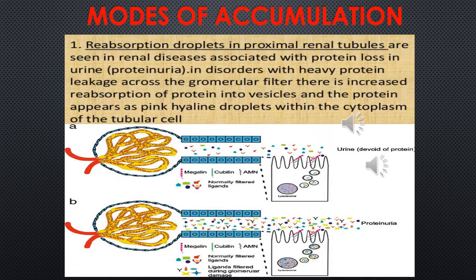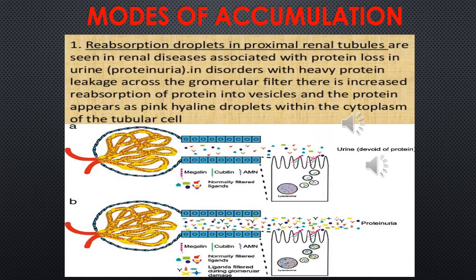In proteinuria, reabsorption of proteins increases. So when reabsorption in tubular cells from proximal tubular cells increases, then protein gets accumulated inside the proximal tubular cells. As you can see in the diagram, after staining with H and E, we can see the appearance of protein as